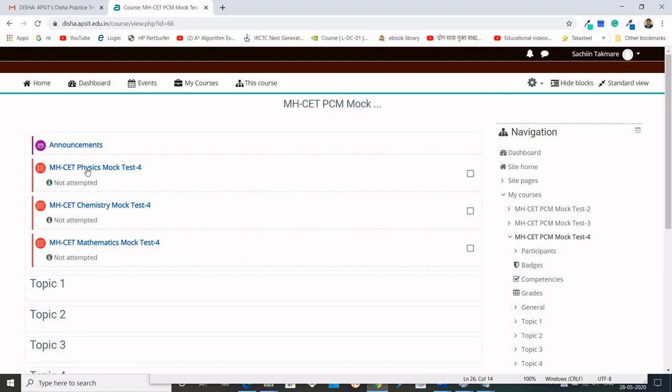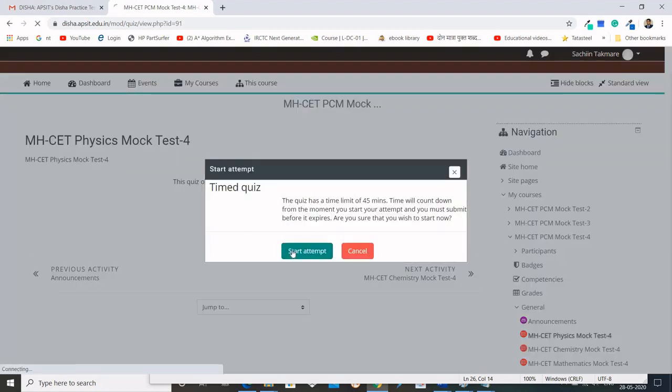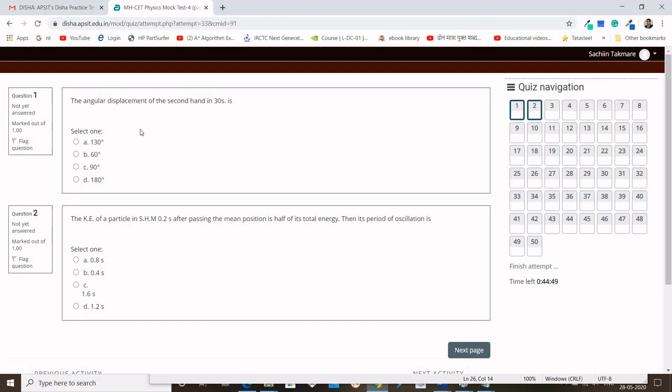Now I will try the physics test from mock test 4. You will get this screen, and if you want to attempt the quiz, you have to press this button, attempt quiz now. Start attempt. There are 2 questions on each page and this is the quiz navigation.